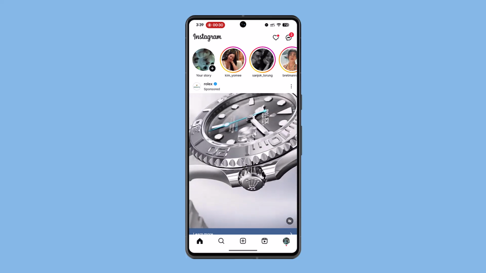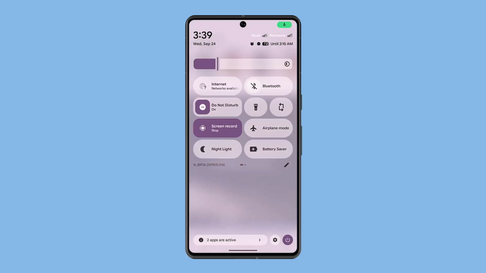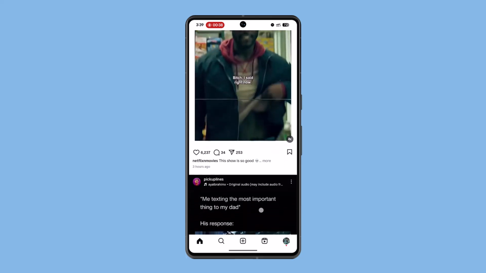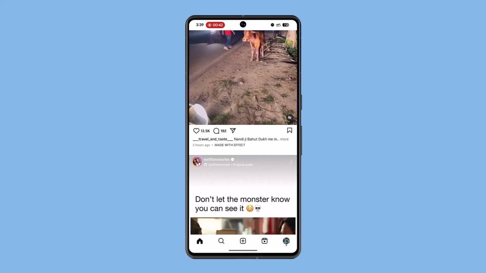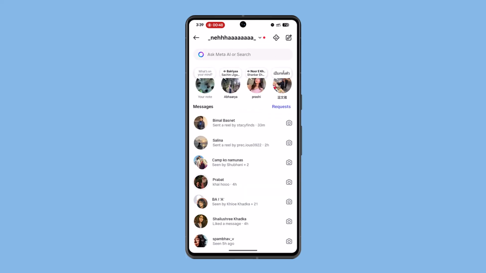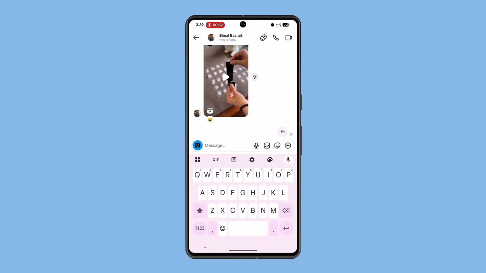So, like I said, if you go ahead and turn off your internet, you could load this up, or you could just look up a feed that was already loaded. Other than that, you'll not be able to do anything unless you're connected to an internet service. Now, if I go ahead and send a message as well, you could see that it's not going to be sent unless and until I'm actually